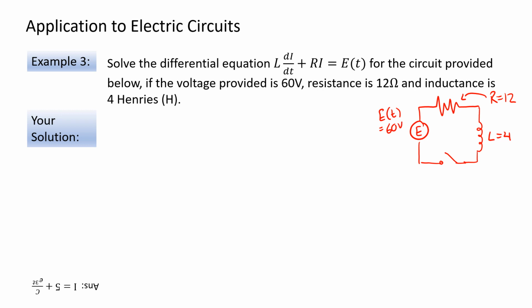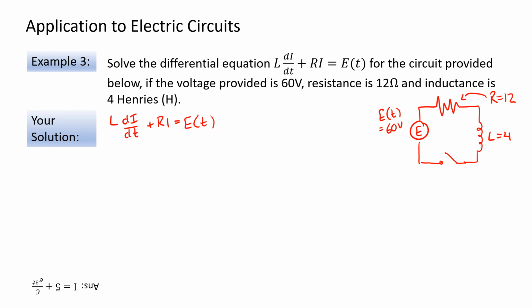So given this equation, what this is showing is our voltage is equal to what's going through the resistor plus the change in current over the inductor times the inductance. Just a basic circuits equation. I'm sure you've all seen it hundreds of times in some way, shape, or form. So the equation is L di by dt plus Ri is equal to E